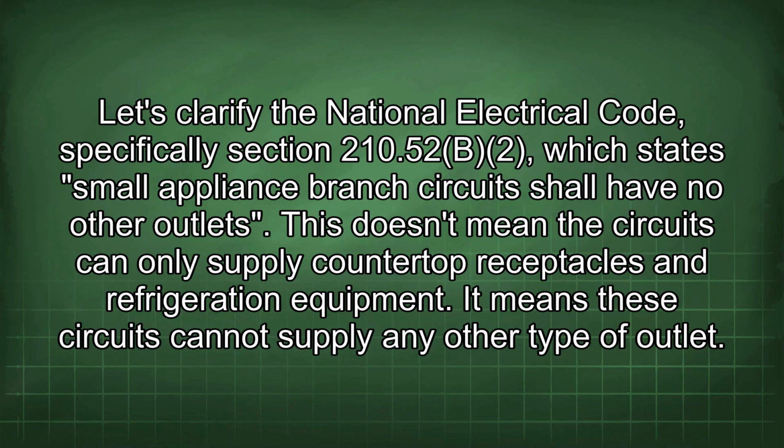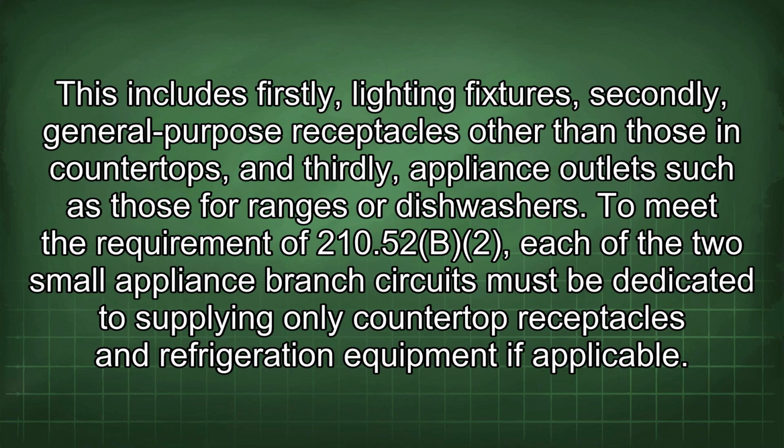Let's clarify the National Electrical Code, specifically Section 210.52(B)(2), which states small appliance branch circuits shall have no other outlets. This doesn't mean the circuits can only supply countertop receptacles and refrigeration equipment. It means these circuits cannot supply any other type of outlet. This includes, firstly, lighting fixtures, secondly, general-purpose receptacles other than those in countertops, and thirdly, appliance outlets such as those